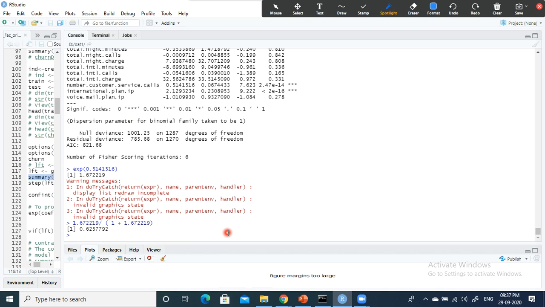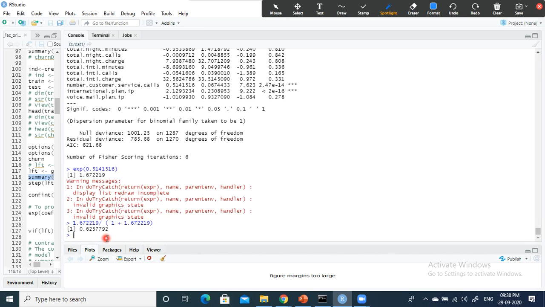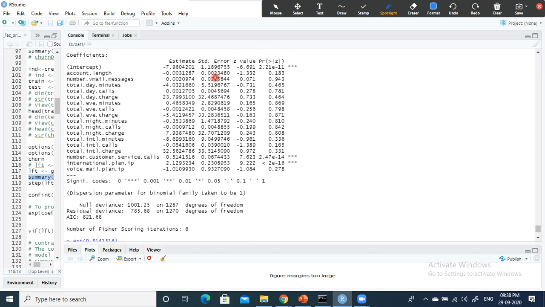Now you understood, right? This is what they will expect from you. Fine, this is the standard error. If I'm given various sample data, what is the chance that it is going to be only 0.62 probability? If I use a different data set to train my model, there will be some variation. That's where the standard error comes in. Standard error is used in finding the confidence interval, isn't it?